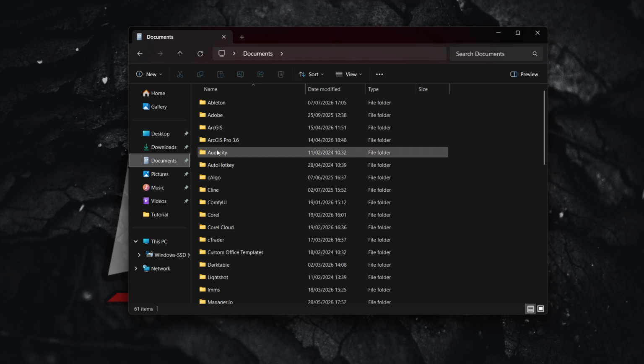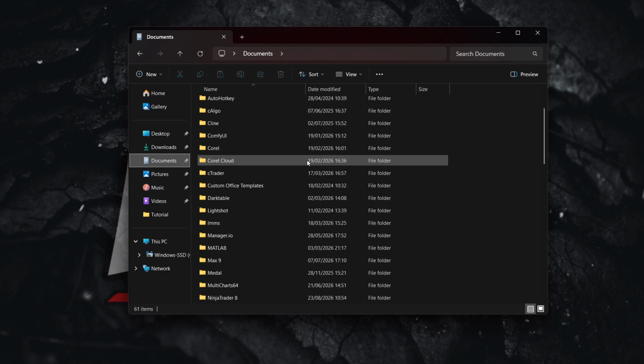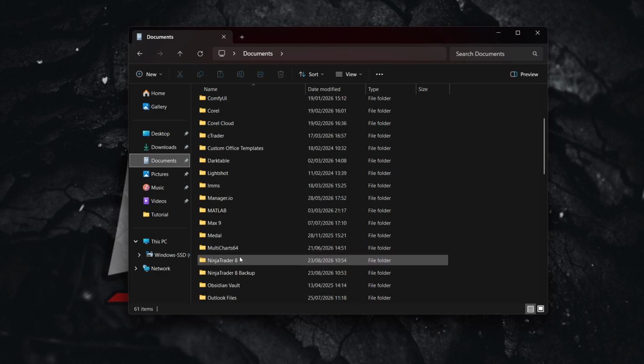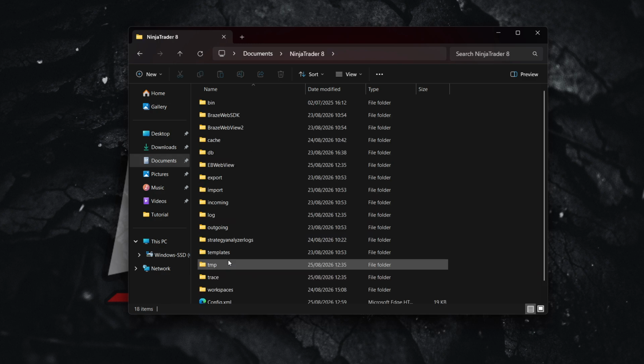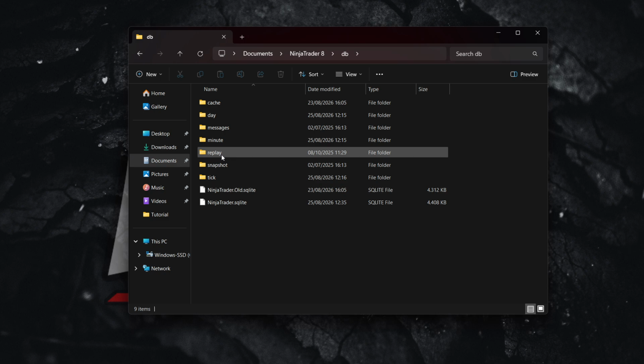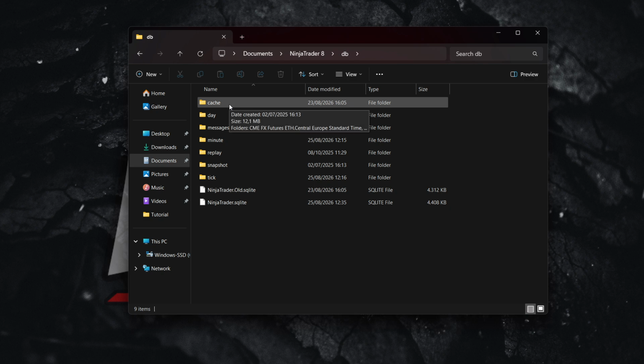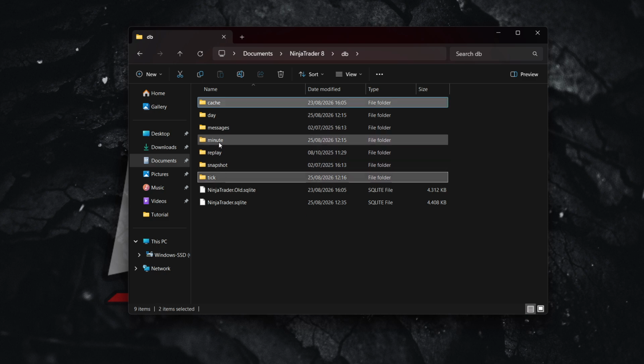From here, you want to go to Documents on the left. And then inside Documents, scroll down until you find NinjaTrader 8. So just double click on the folder. And from here, you want to double click on DB, okay? So when you double click on DB, you want to delete the folders I'm going to show you right now. Hold down your Control key and then click on cache, then click on tick, and then minute over